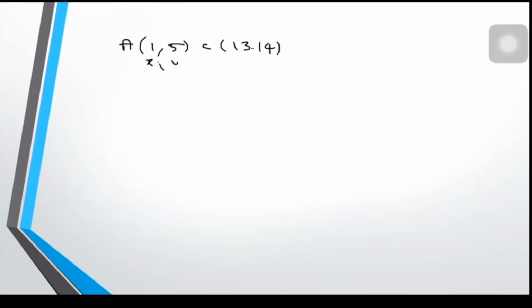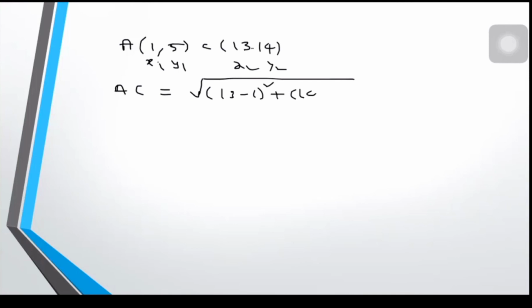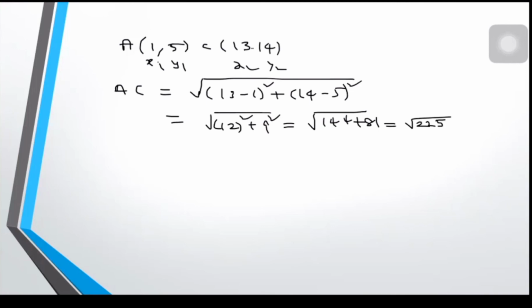We know the distance formula: root of (13 minus 1) whole square plus (14 minus 5) whole square. 13 minus 1 is 12 square, and 14 minus 5 is 9 square. 12 square plus 9 square is 144 plus 81, root 225, which is equal to 15